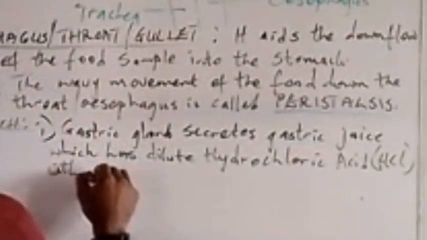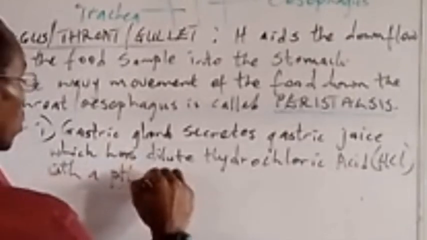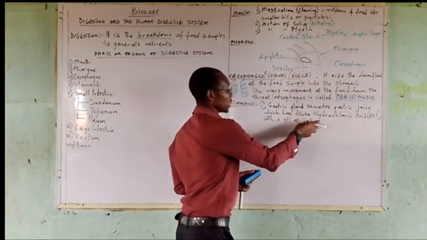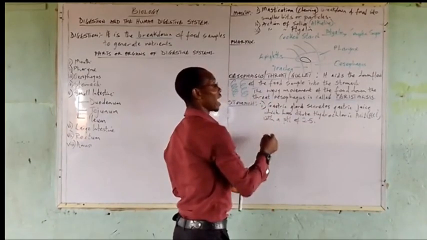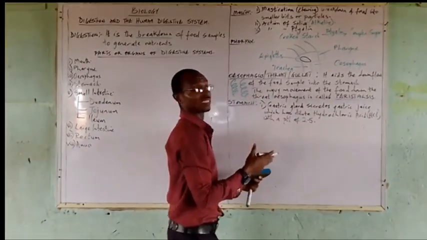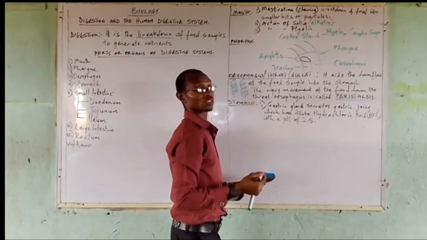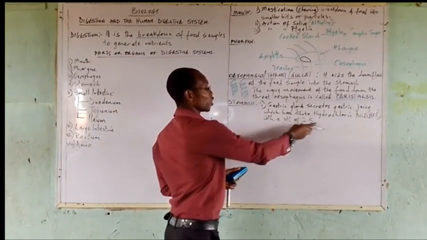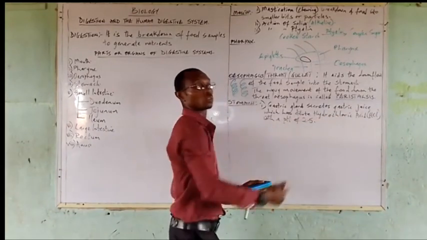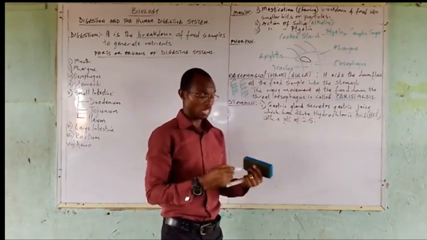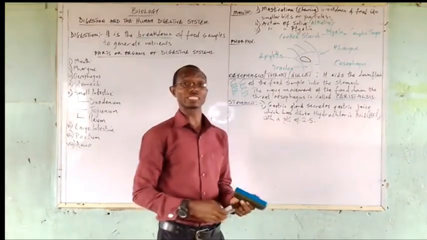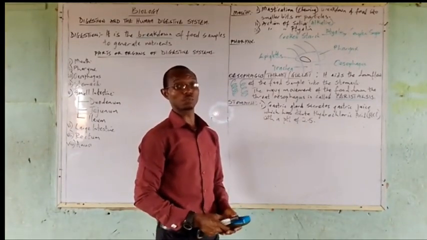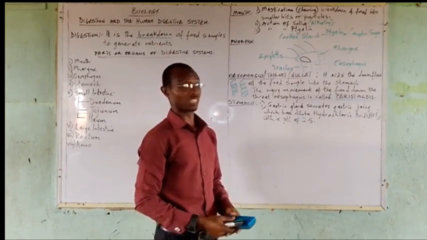With a pH of 2.5. Now, this acid, HCl, is the reason why the food does not rot. The function is to prevent the action of bacteria. The function of the HCl in the stomach acting on the food is to prevent the food from rotting. It prevents the action of bacteria on that food sample to delay the process of decay, because